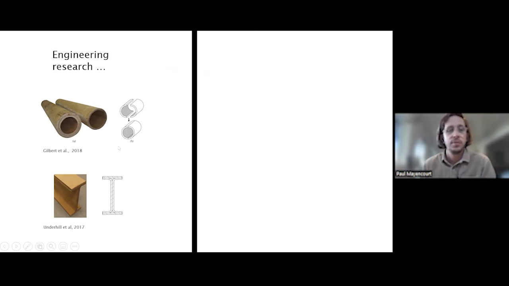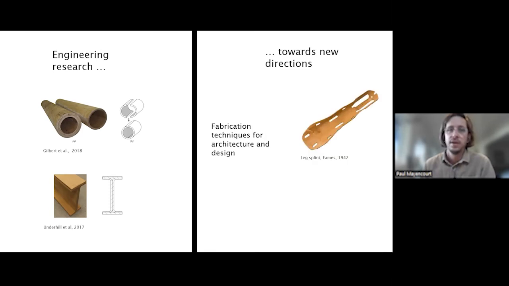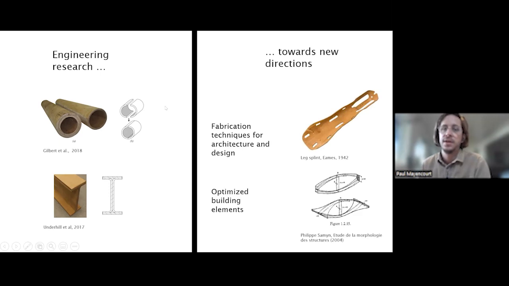So here you can see some of the work that's been developed in creating structurally efficient elements out of veneered or molded elements. And part of the research we're looking at is pushing this towards new directions of fabrication techniques that could be applied for architecture and design. Here I'm showing an example of this, where we could create molded, structurally efficient elements, and then push this towards optimized building elements that would both use local forest elements that have to go, and also be efficient structural elements that make the best out of these resources.